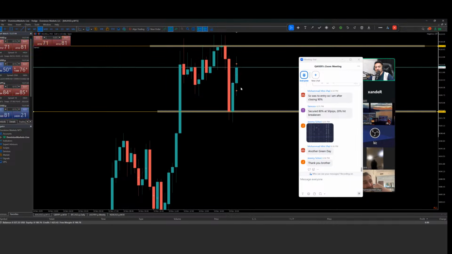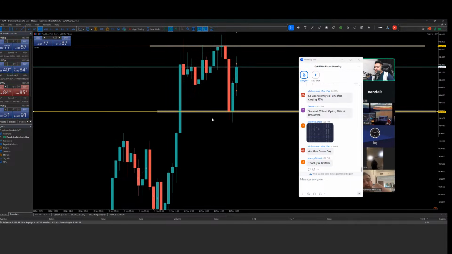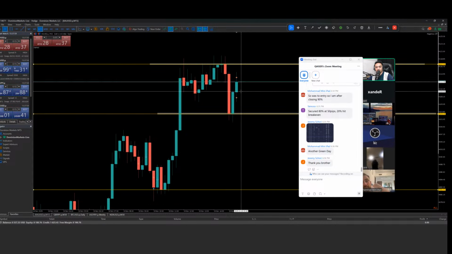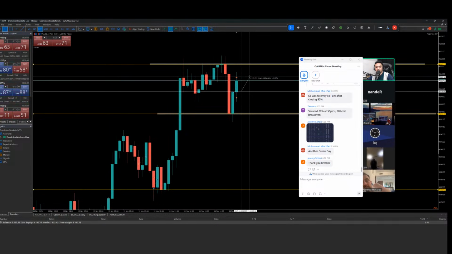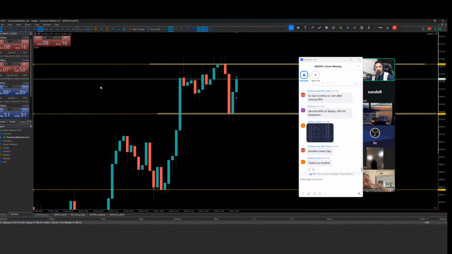Yeah, exactly. Just look at this one, man. I wanted to execute again here. Let's wait for the candle close above the resistance. You know what? If it breaks above this high, it will be boom. I wanted to add again to my position, and this time if it goes in my favor like 40 pips, I will bring my stop loss to break even. I wanted to add one more position into it. Let's see if it could give me some opportunity again.